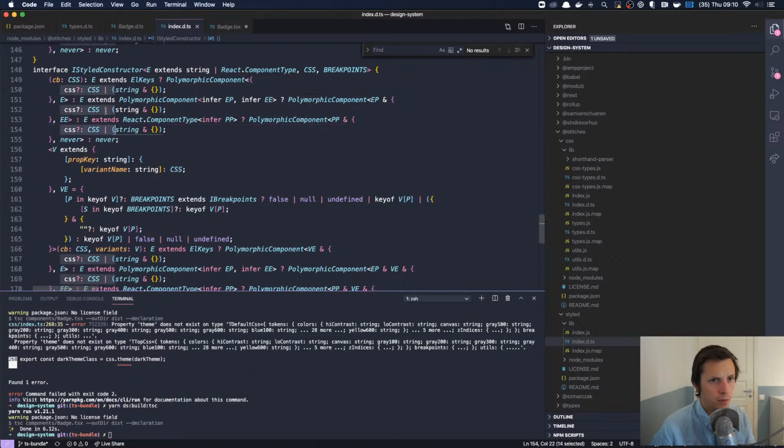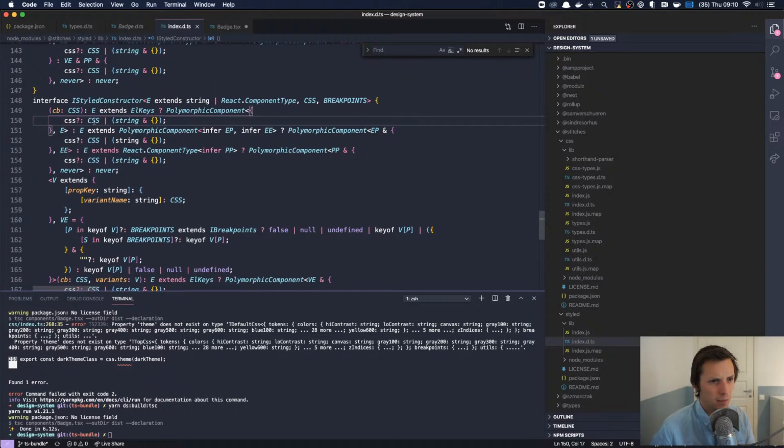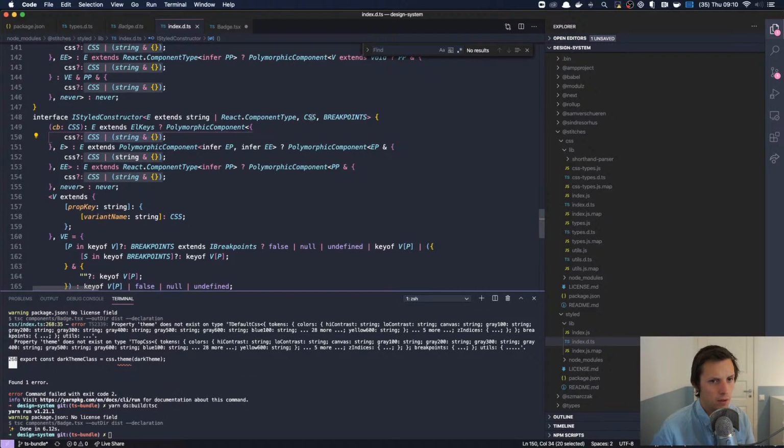Here is where we add the actual CSS thing. So I believe, oh, maybe it's this thing, because we are doing a union of that stuff. Okay, let's try something else here. Instead of doing CSS there, we are going to...